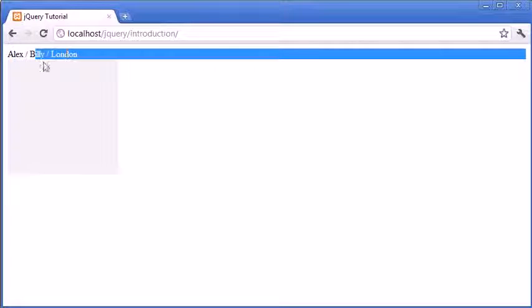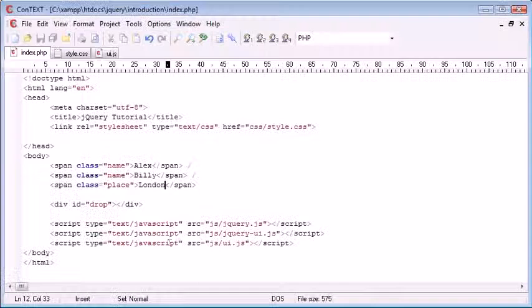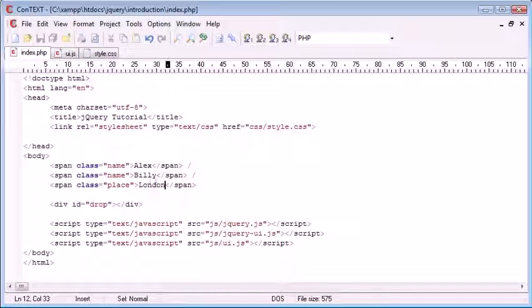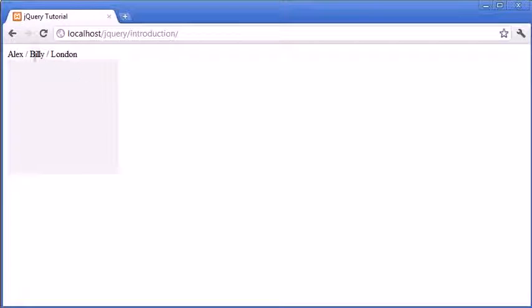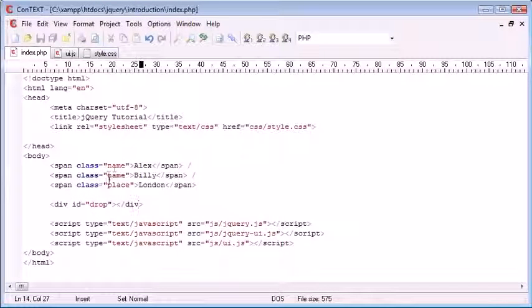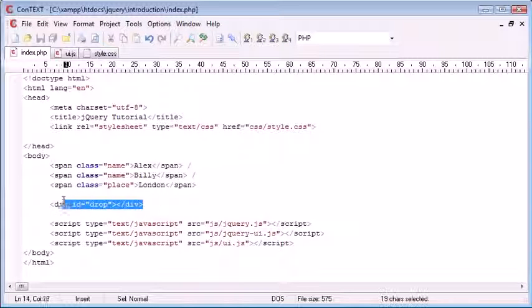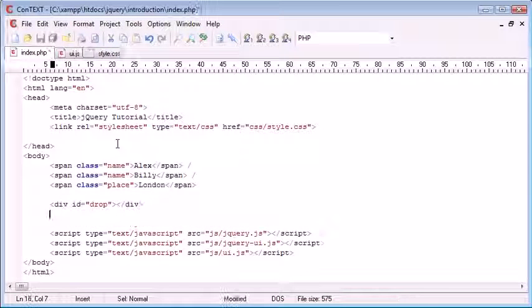At the moment, nothing is dragging at all because we haven't picked up on this in UI.js here. However, we're going to be changing that around in just a moment. So this is our drop area. It's remained the same. However, what we want is only specific elements based on the class, so name or place, to be allowed to drop inside here. Now you might be wondering why we do this. Let's just say you had particular elements you wanted in particular boxes. For example, you might have another div next to this one,